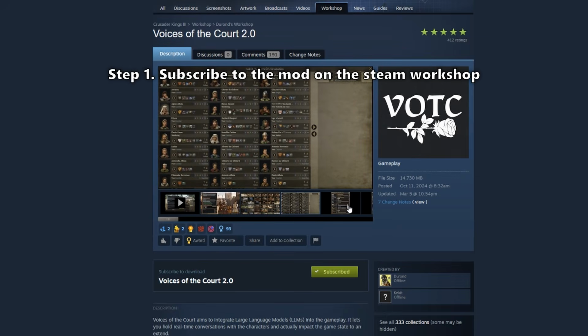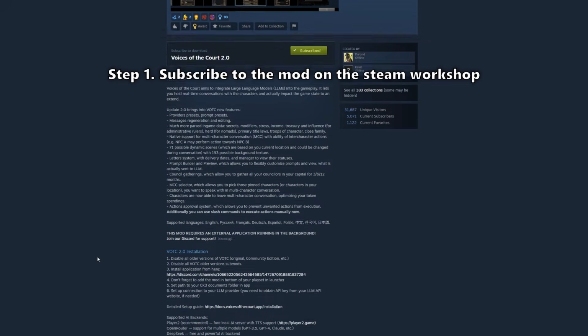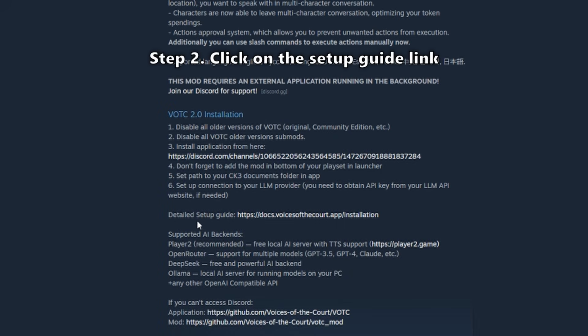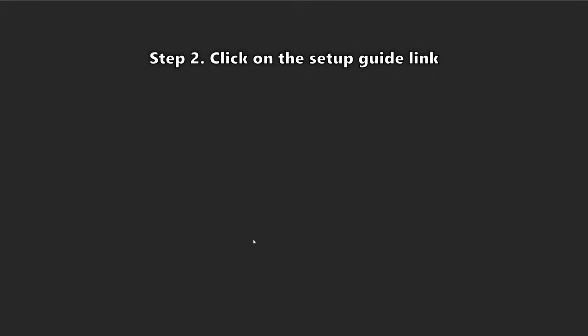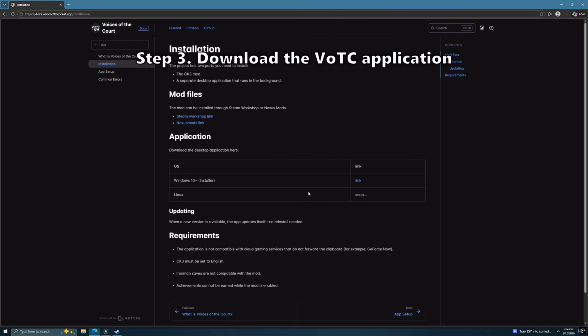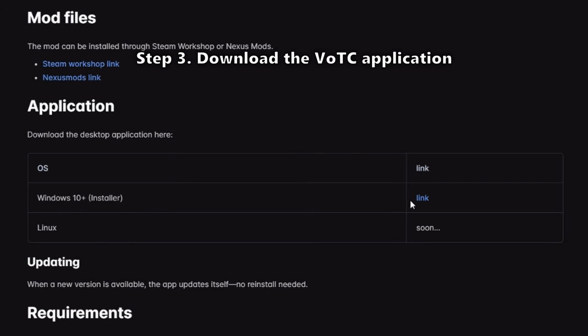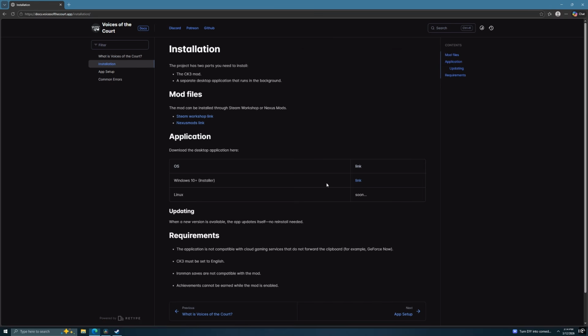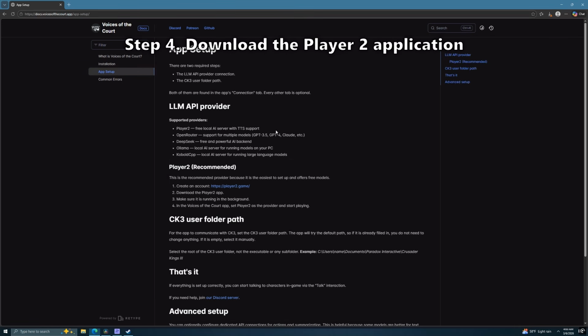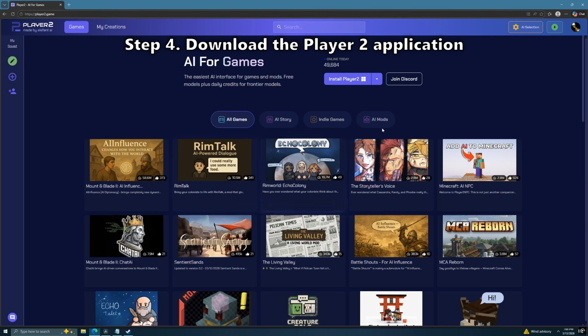Alright, so you're going to subscribe to the mod on the Steam Workshop, and when you scroll down you'll see a link to the setup guide. Click on that. Alright, once you're on this page, we're going to click this to install the Voices of the Court application. And while that's downloading, we can read about the different ways to get the AI to work. I'm going to be using the Player 2 application, which is a free AI app that will allow the mod